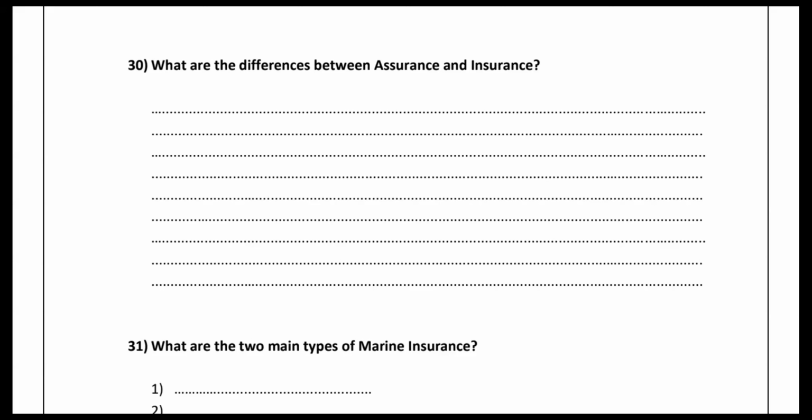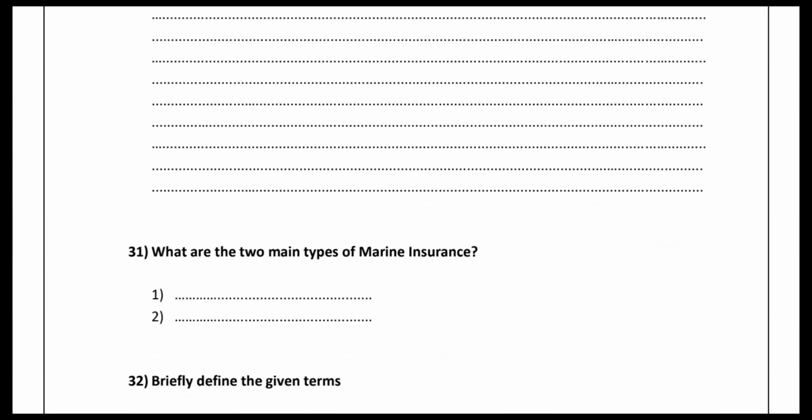Indemnity insurance is the financial compensation provided by the insurance company to the policyholder to cover the actual financial loss or damage suffered. As Hannah said, the goal of indemnity is to restore the policyholder to the same financial position they were in before the covered incident occurred. Write it down. It can be equal or it can be less also. Shall we move to the next one now quickly?